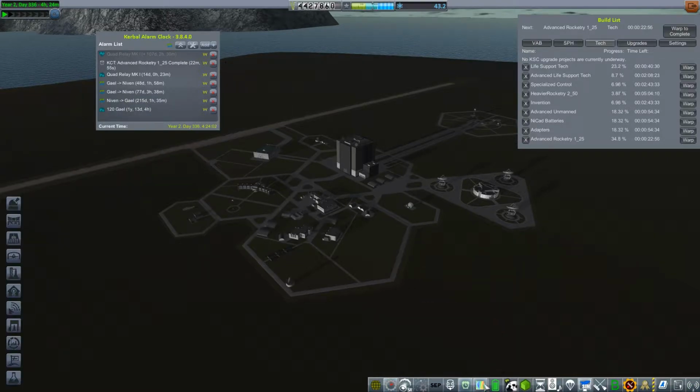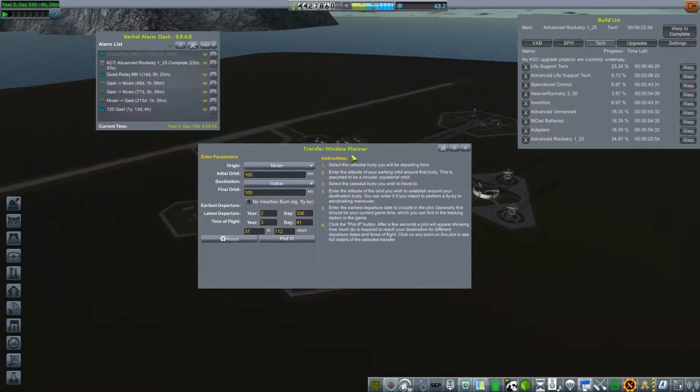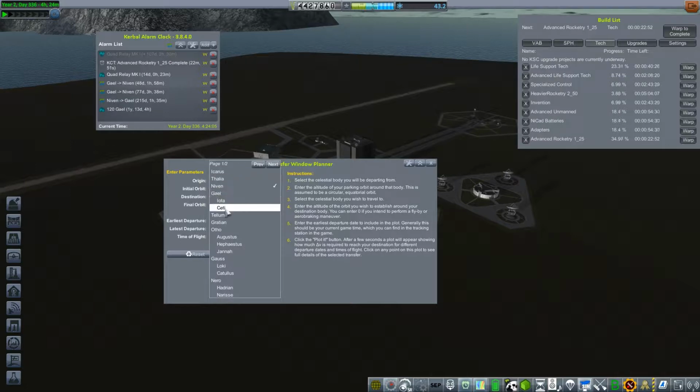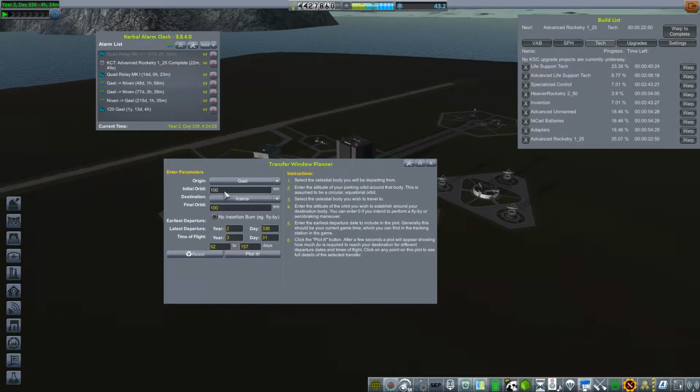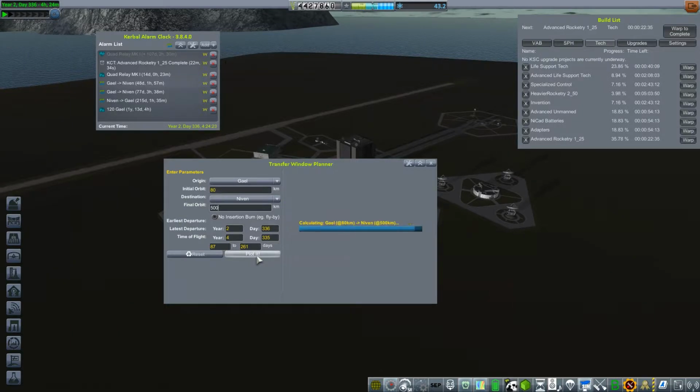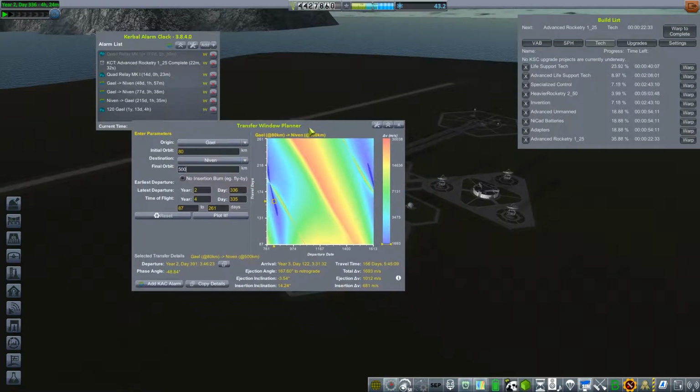Let's take a look at Transfer Window Planner for those of you who aren't familiar with it. You can enter where you want to start. So I'm going to start at Gale, and I'm going to go to Niven. And let's say that I start at 80,000 meters, and for Niven, because my first one's going to be the probe, about 500,000 meters. You can plot it, and it'll give you a little calculation